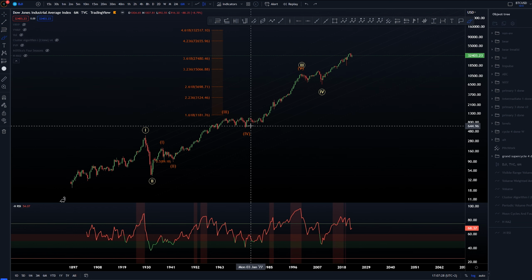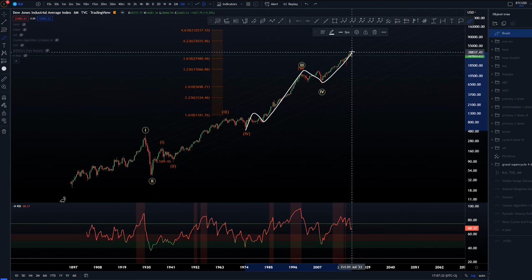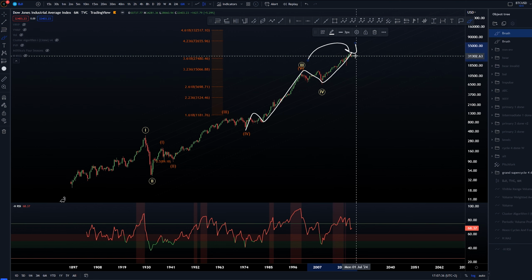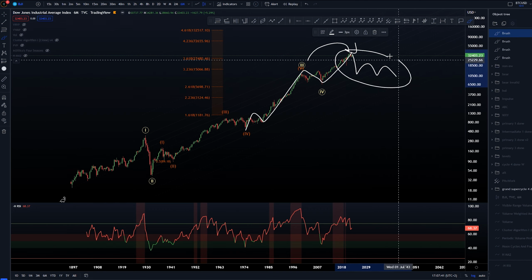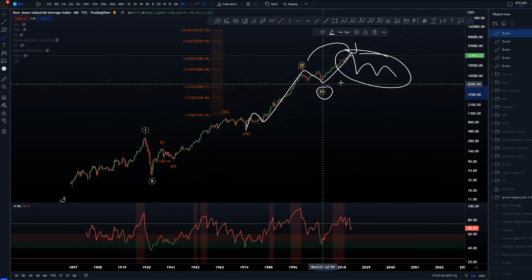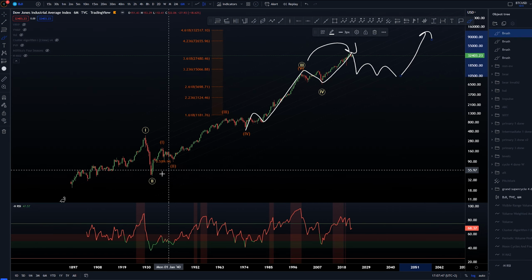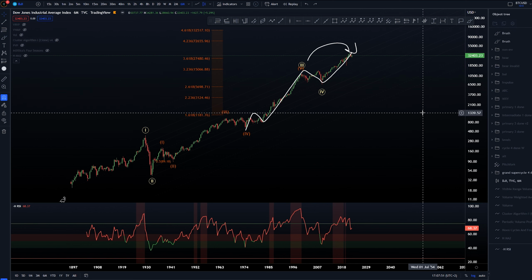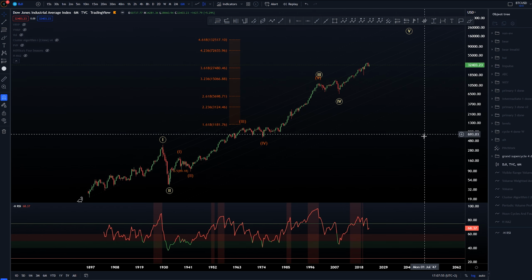Of course, there is validity in thinking that the grand supercycle 3 is not done and has not happened yet, and this could be some kind of extended 1, 2, 3, 4 and then 5th, and only then would we be topping this grand supercycle 3 up in here and getting a last larger correction before that wave 4 is done, and then another bull run upwards to create this last leg higher. That is definitely a possibility, but this is still my main, and I'm thinking about this count the most.